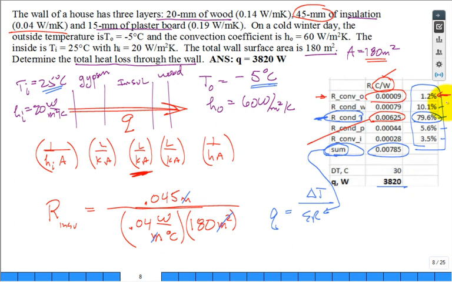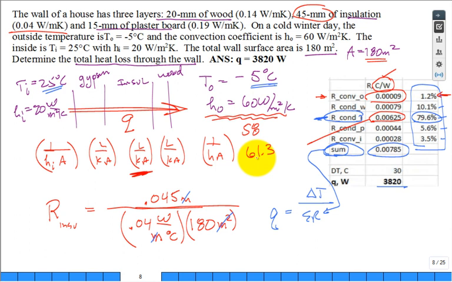Now in engineering, this is a lot different than sometimes in science and other areas. Engineers get really good at figuring out what they need to pay attention to and what they can ignore. Somebody says, well, I think we really need to study the convection on the outside of this wall. You know, it could be 58 watts per meter squared Kelvin. How do you know it's 60? It could be 61.3, and that's going to affect the answer. Yes, it'll affect the answer, but as an engineer,